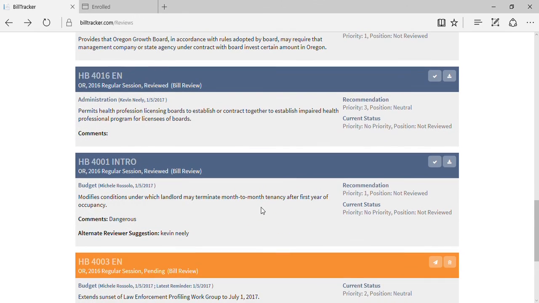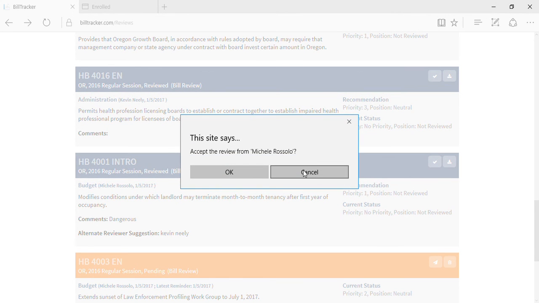So what happens if I complete that review? I could take a look at this, House Bill 4001, intro, modifies conditions under which a landlord may terminate month-to-month tenancy. If I agreed with the recommended position and recommended priority, I could accept that review. If I accept that review, it gives me